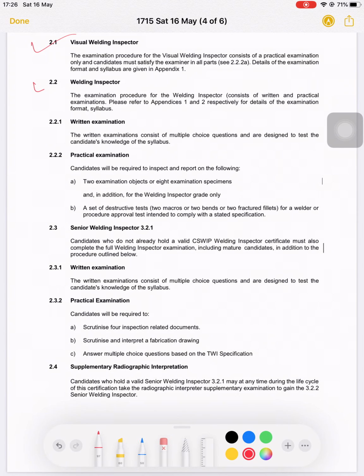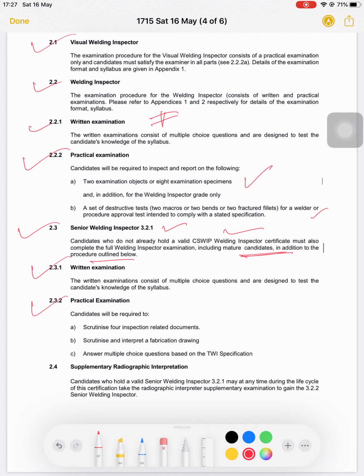So, visual inspection building inspectors, and what are the written examination requirements? In the written examinations, practical: 2 examination objects, 8 examination specimens, a set of destructive tests. For the senior building inspector 3.1, a candidate who does not hold a valid CSWIP building inspector certificate must complete the full building inspector examinations, including mature candidates, in addition to the procedure outline.